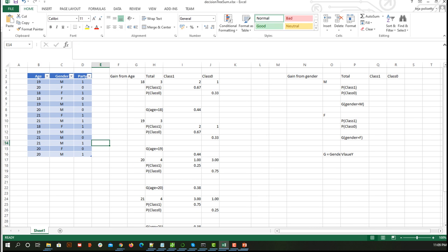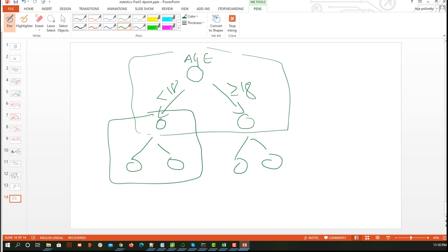Now we are going to consider where age is less than or equal to 18, that means only 18, and the other side. Let's suppose this was our 19 for ease of understanding. Less than 19 means 18 and 19. So if it is 18 I am going to go this side, if it is 19 I am going to go this side.